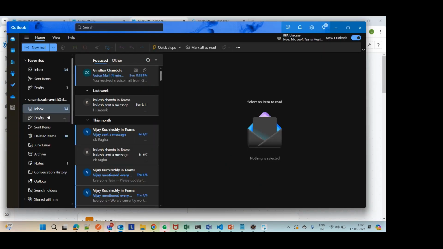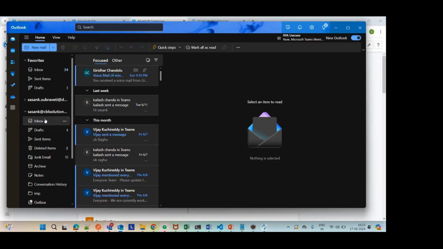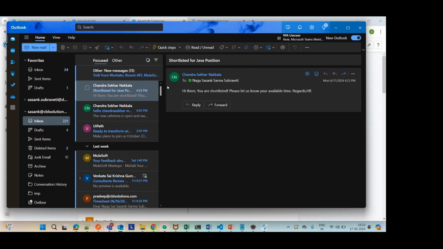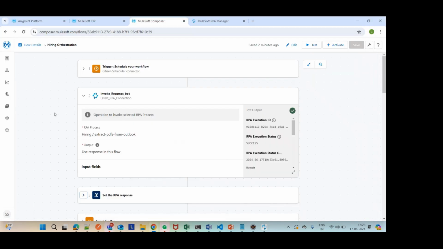So let me see if I got that specific invite or not. Yeah, if you can see, it came to my specific email ID, saying shortlisted for Java position. And these were the text that I got, which I have configured in the app composer. So this is the entire process where you have